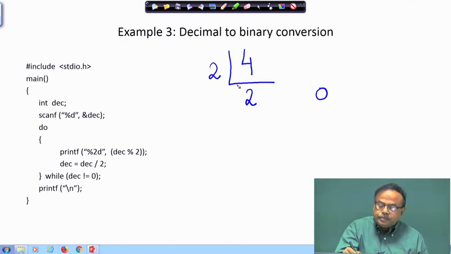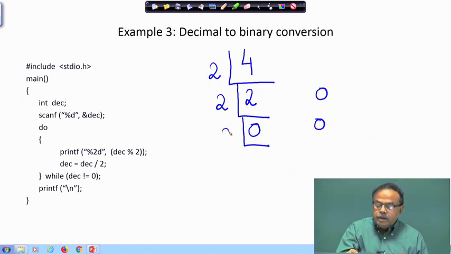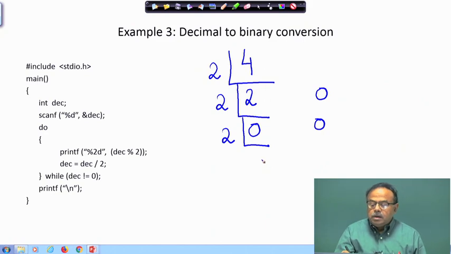And then I divide it by 2 again, the quotient is 0 and this is 0. Now, when I divide it by 2 further, what will happen?